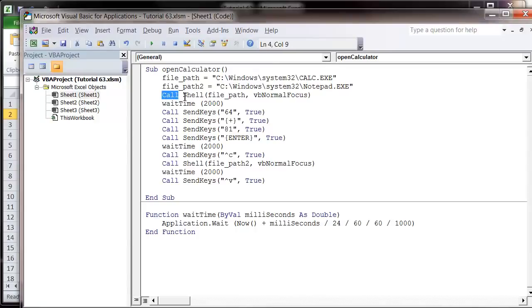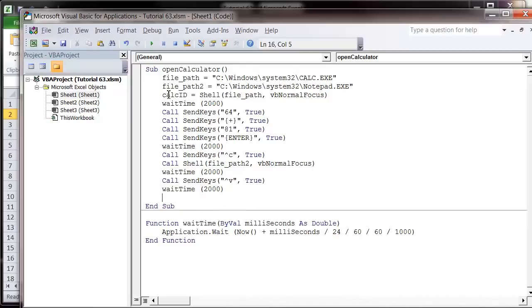So instead of using a call function on our shell command, we're actually going to assign the function to a variable. So I'm going to assign it to calc ID and then equals the shell command. And now what calc ID is going to store is kind of a reference to this command. So now we've done our pasting in, we can put in some wait time and then get our calc ID and call app activate, open bracket, pass it as the title parameter, the calc ID, and then let's